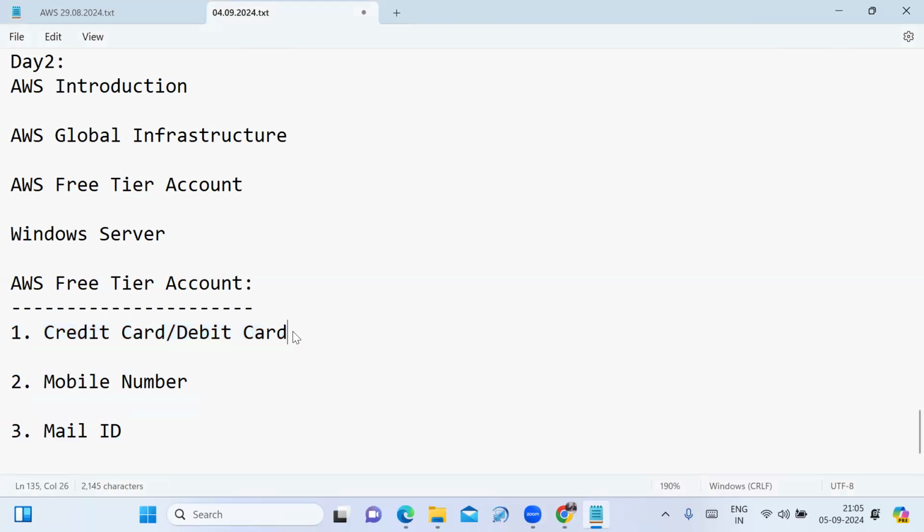For debit cards, international transactions must be enabled. Some cards will not be accepted. RuPay card is not accepted. Visa card is accepted. MasterCard is also accepted while creating your AWS free tier account. Clear, Sartaj? Yes.